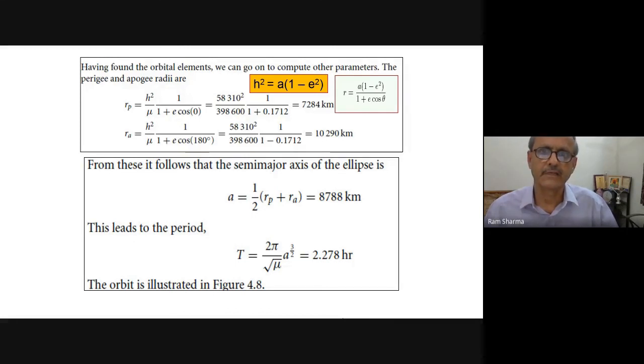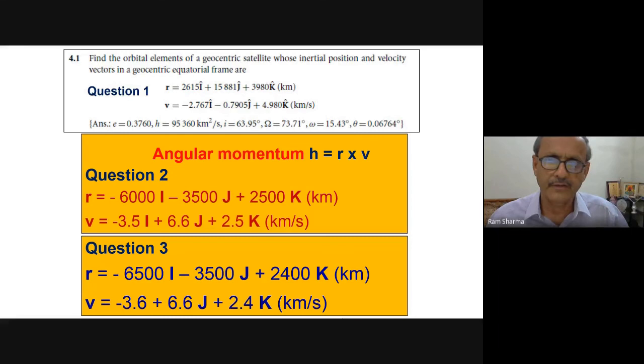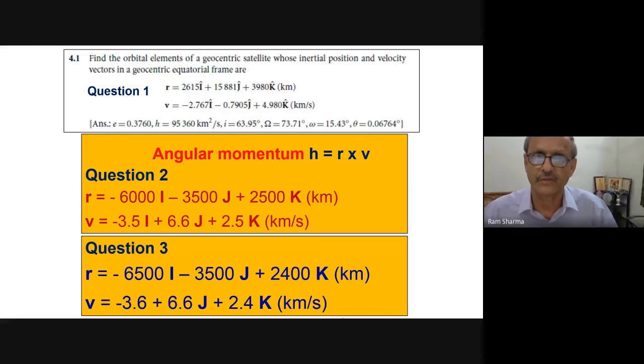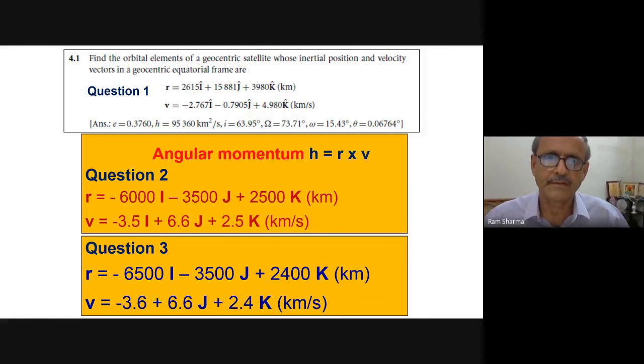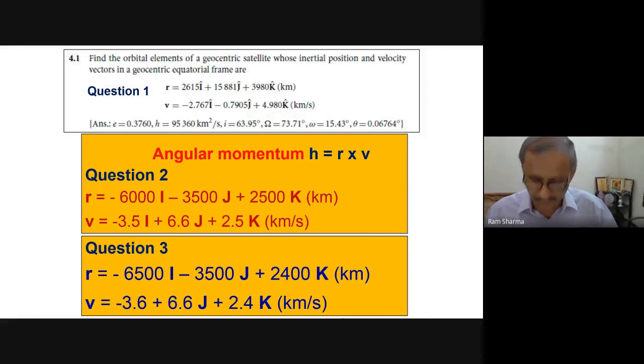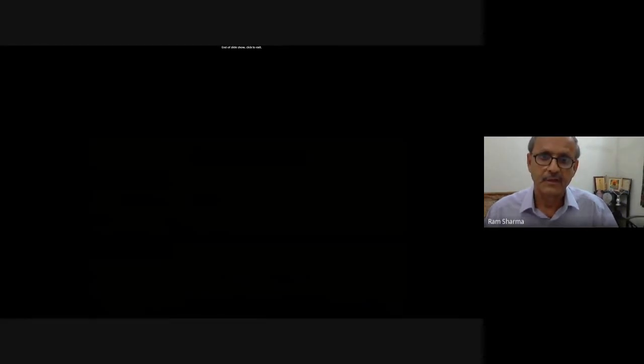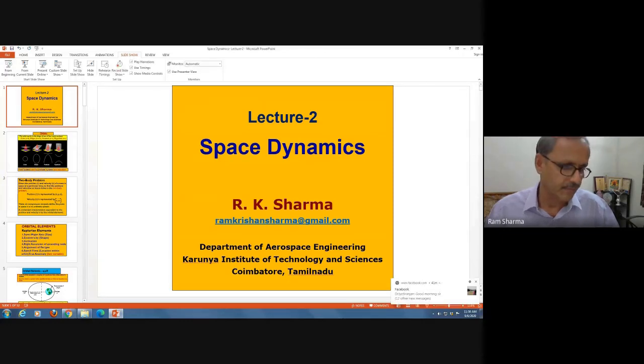Then, just for practice, I have given one example; these are all correct values, and I have verified the first answer. R and V are given, but they are all coming in the first quadrant: I is in the first quadrant, capital omega in the first quadrant, small omega as well. So this is a relatively simpler question, because everything is going in the first quadrant. But in other questions it may be different. So today's topic I have completed in 1 hour.